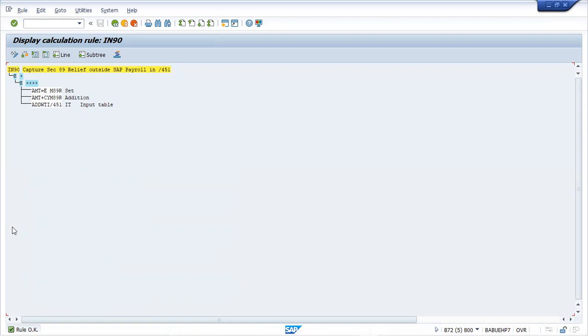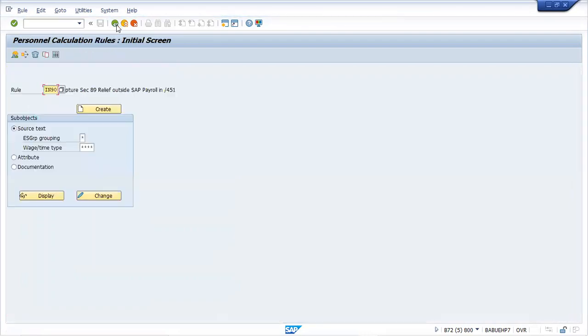So with this, we have completed your section 89, which is the topic, info type 588 subtype 4. And with this, I have completed the entire info type 588 today. In the 588 since morning, previously we have seen, and today we have seen labor welfare fund. I have also seen your P-tax, professional tax, and today we have seen section 89 relief.